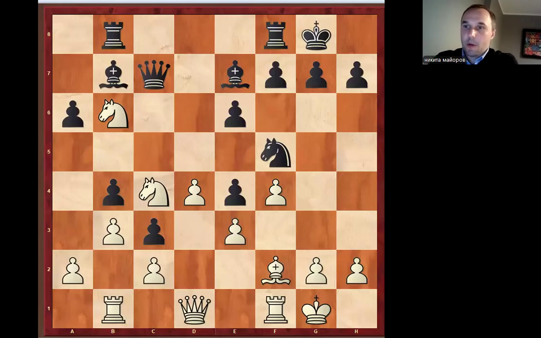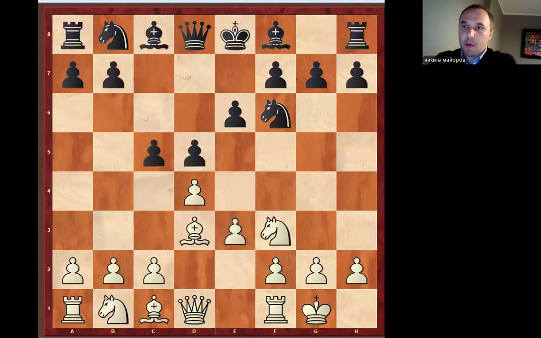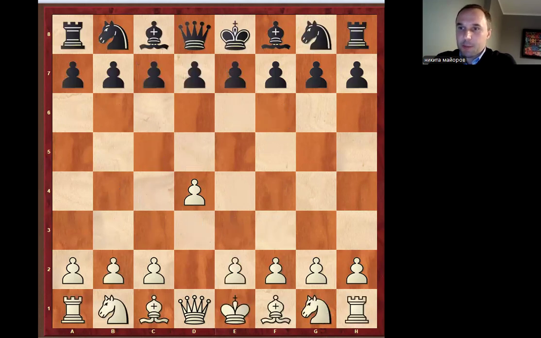This video will be very useful for advanced players. The Elo rating is 1500, 1600 minimum FIDE. Okay, and I will show you how to play with black, very important, with black against the Zukertort system. But maybe some ideas will be useful even for